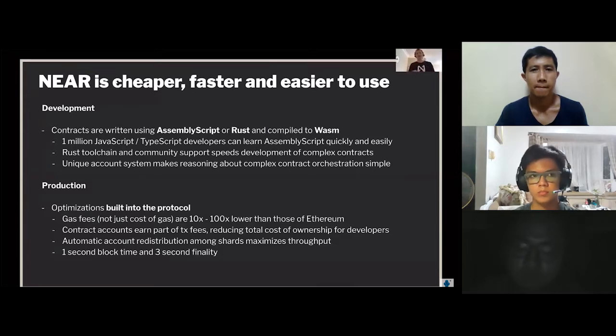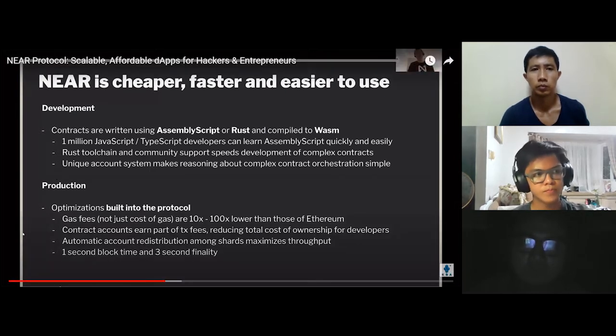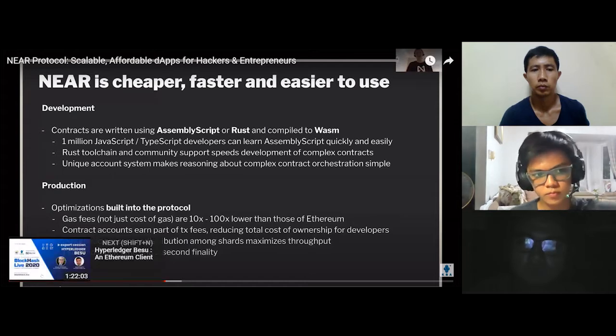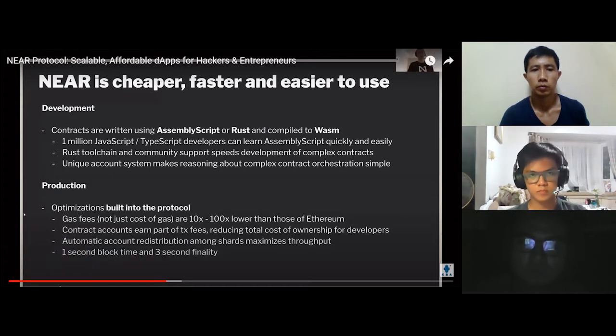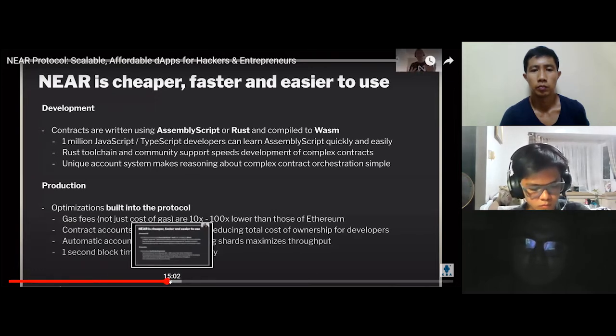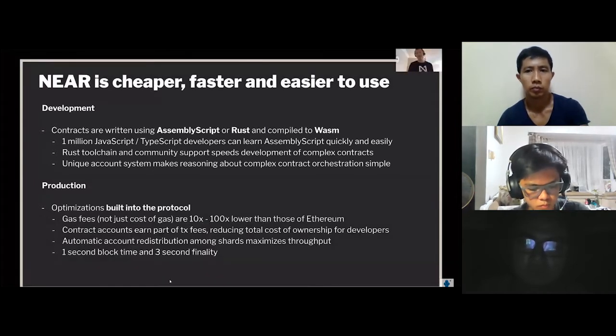Whereas with NEAR, what we have committed to are open languages with their own robust communities. So the Rust to WASM toolchain is the most mature WASM toolchain available today, and AssemblyScript compiles to WASM and looks almost exactly like JavaScript and TypeScript. If you're trying to learn how to build a smart contract but you don't want to spend a lot of time learning a new language, for the million JavaScript and TypeScript developers on the planet, this is a very compelling opportunity to start writing smart contracts and building dApps without having to learn any new tech, really.